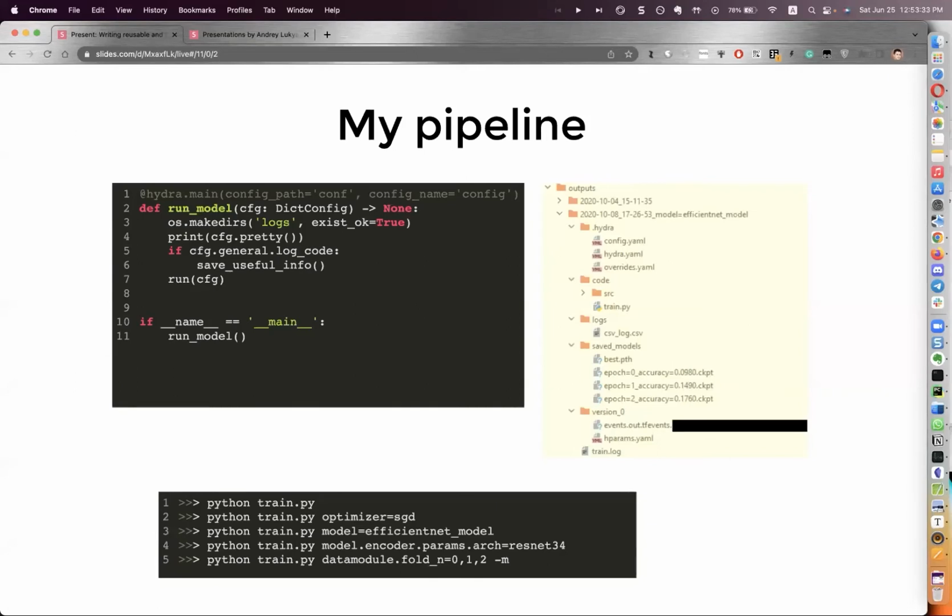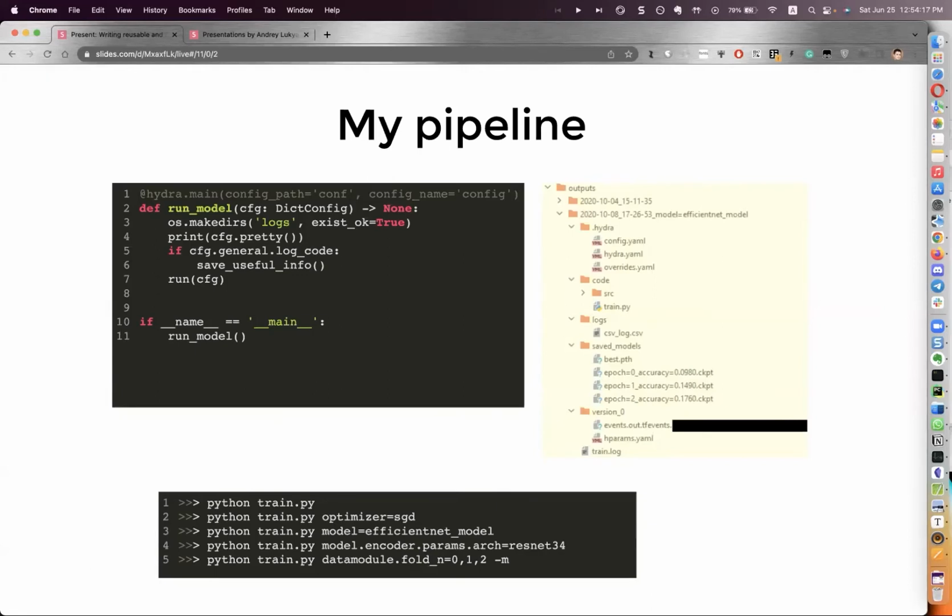There are multiple folders here. First one is the Hydra folder. It contains the original configuration files and the overriding values, and the new configuration file taking into account the overrides from the command line. The code folder, well, it's definitely not the best practice, because if you want to do everything correctly, then after every change, you make a commit, you commit your code to Git, and then you run the model. But of course, when we make small iterations, it's easier just to run the code. So in this case, I simply take all the code of my project and copy it in the folder. Well, it's not the best practice, but it works and it saved me multiple times in the past.